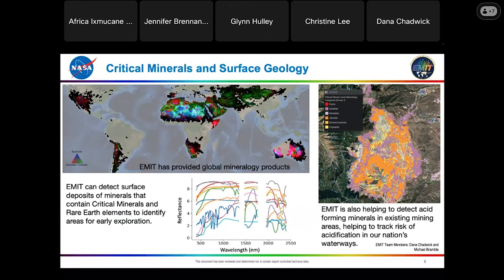And we can use this for a variety of purposes, including thinking about the location of different deposits that might contain critical minerals and rare earth elements, but also to think about the presence of acid-forming minerals and risks associated with acid mine drainage issues to help with environmental remediation and kind of responsible management of resources. So there's a variety of different applications for thinking about using these mineralogy